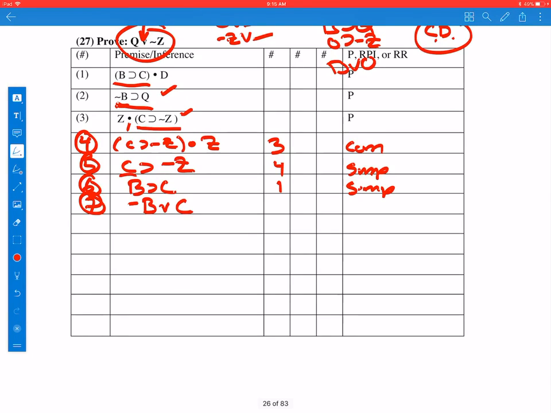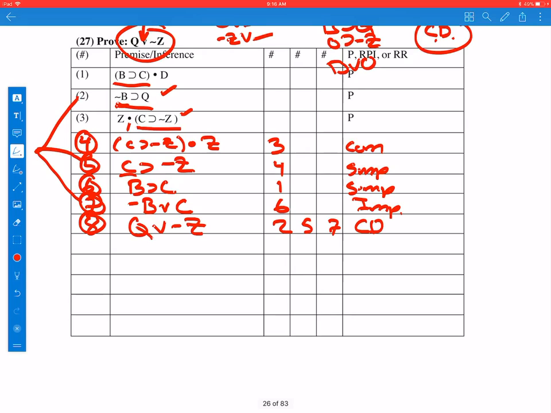And what I know is I can convert thens to ors, so this becomes not B or C from 6 by implication, material implication. And that is exactly what I needed to do my constructive dilemma. Look at line 2, line 5, and line 7. If you look at those 3 lines, you get Q or not Z,